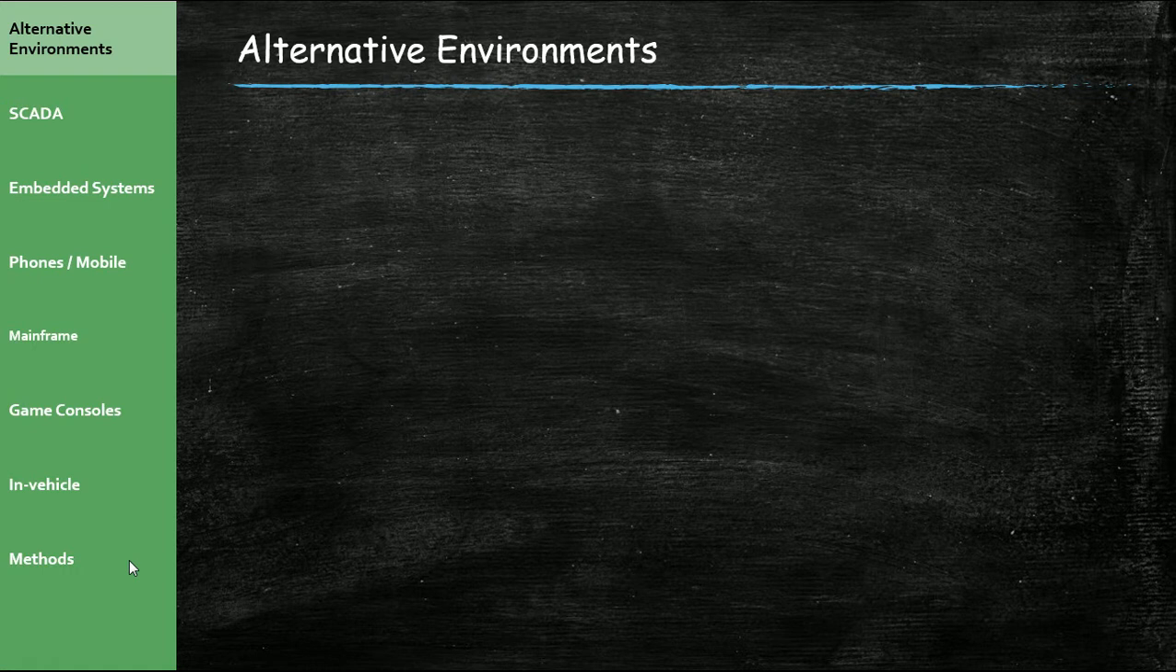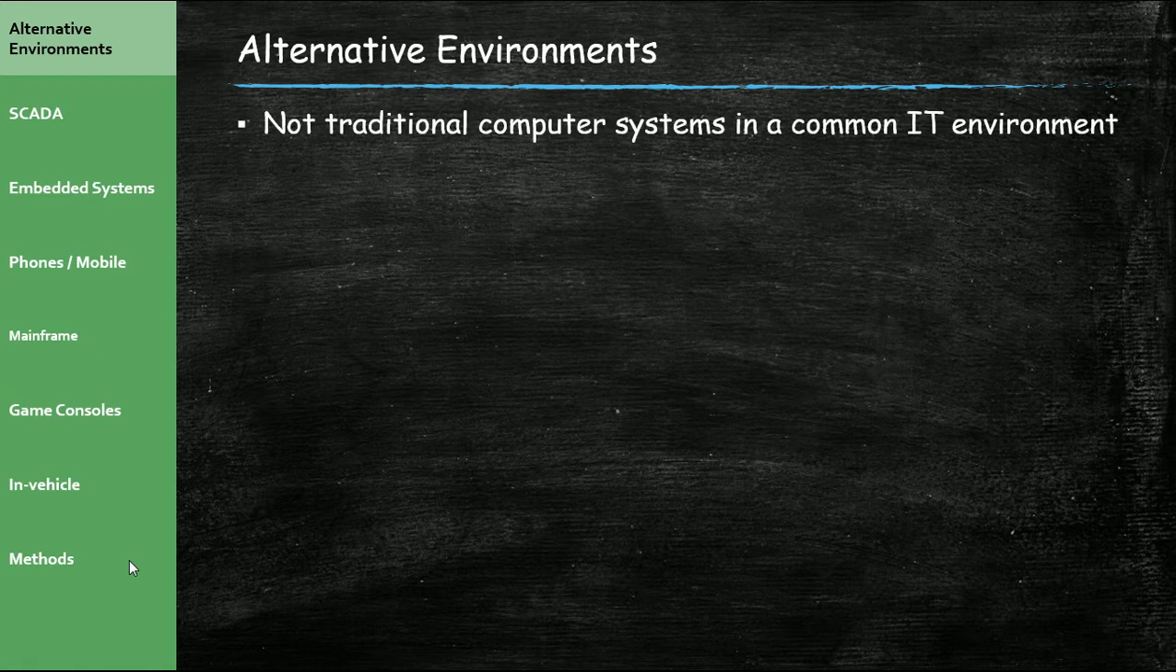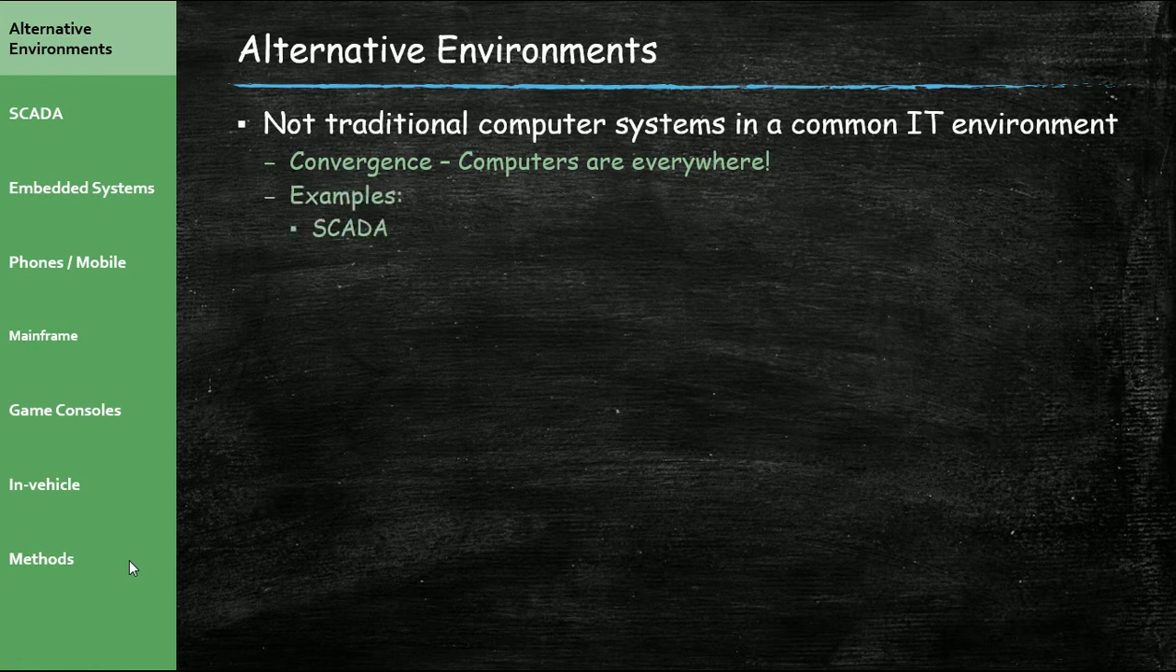But first, let's define what an alternative environment is. It's non-traditional computer systems in a common information technology environment. So anything that we don't think of as a computer but contains a computer really is a computer. And this comes from the idea of convergence, the idea that computers are everywhere. Everything contains computers now. Some examples: we're going to talk about SCADA in a few minutes, but these are control